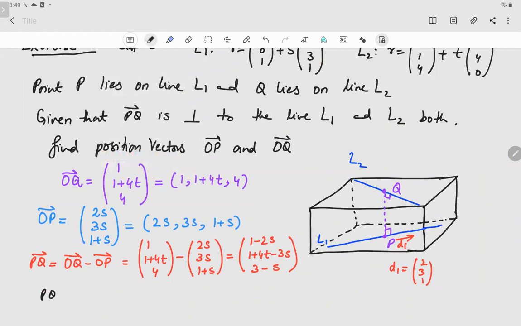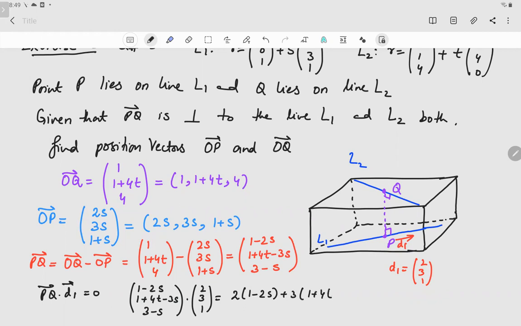So PQ dot D1 is equal to 0. So this is (1 minus 2s, 1 plus 4t minus 3s, 3 minus s) dot (2, 3, 1), which is equal to 2 into (1 minus 2s) plus 3 into (1 plus 4t minus 3s) plus